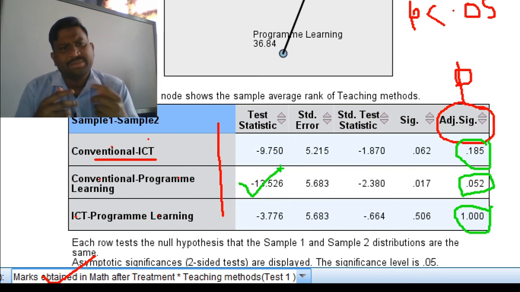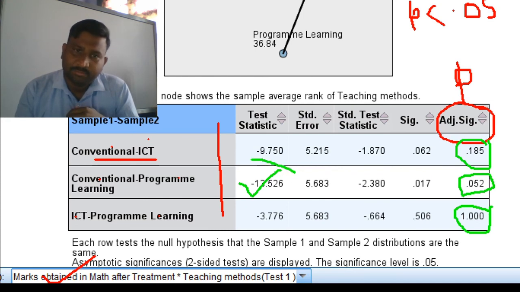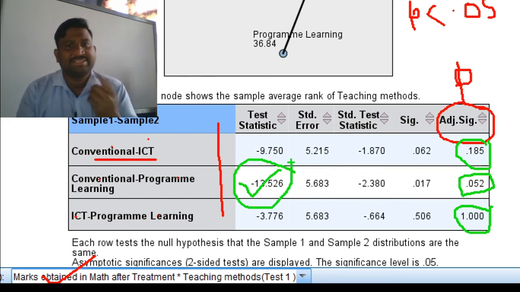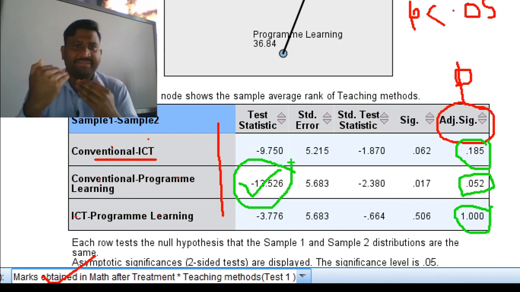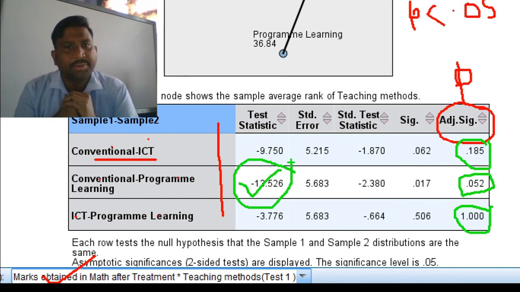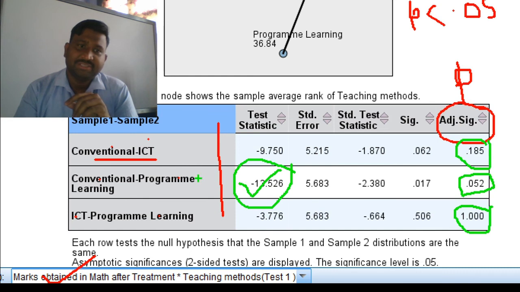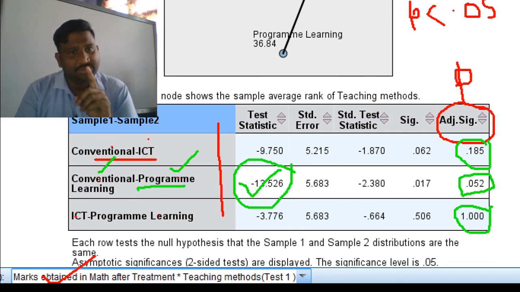So which is better, conventional or program learning? This will come with this test statistic, like mean differences. This is minus 13.526. Minus means second one. If it would have been plus, then it would have been first one. It is minus, means second one.